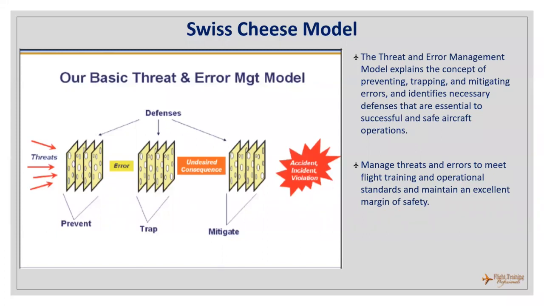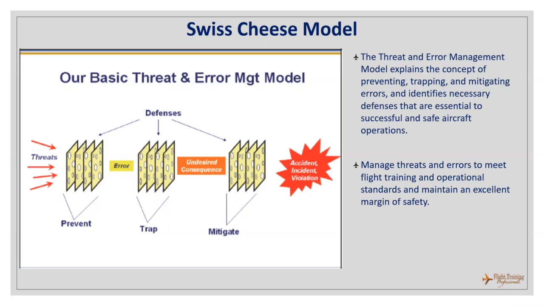So an example of experience for you is, Ed has a lot more flight time than I do, right? So he's going to have more layers of Swiss cheese in his trap portion than I would, just because he's seen it before, or he's studied it, or he just has more flight experience. And then the mitigate is that pre-planning for what if,